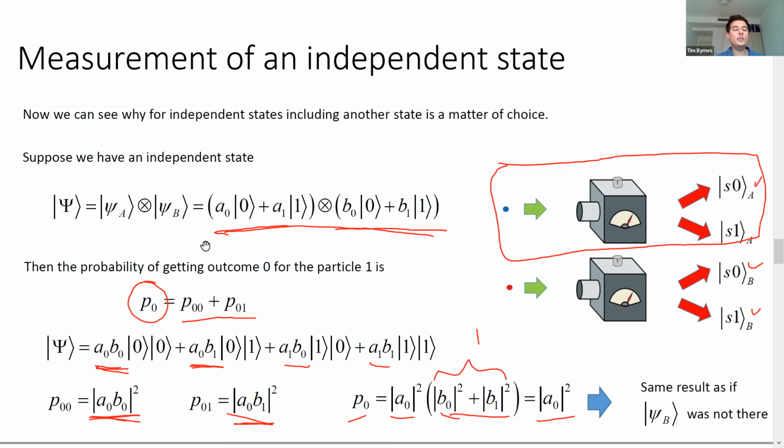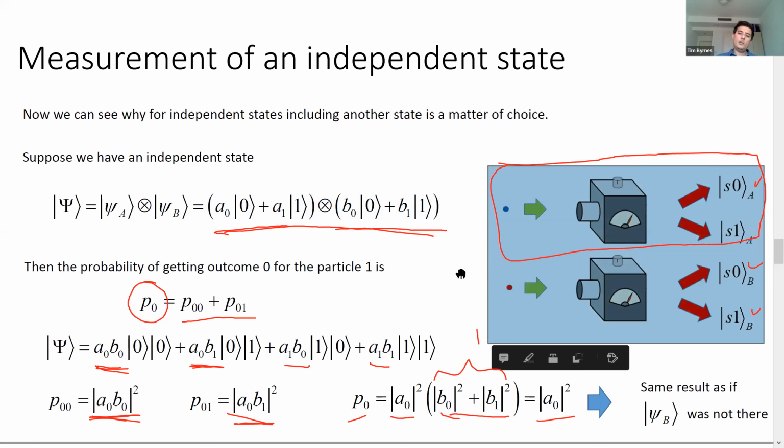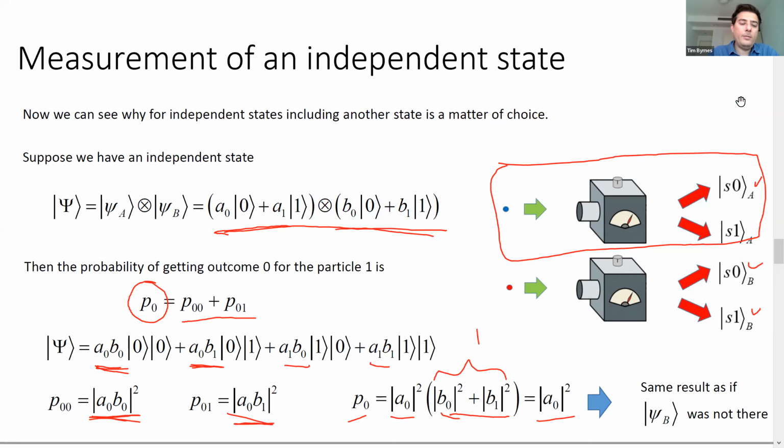So this is basically why you can kind of choose what you can include in your quantum state, right? So let's see if I've got a slide on this. No, okay. So maybe the point that I'll finish up on today is that